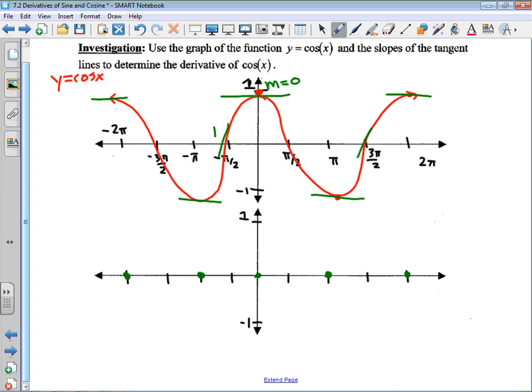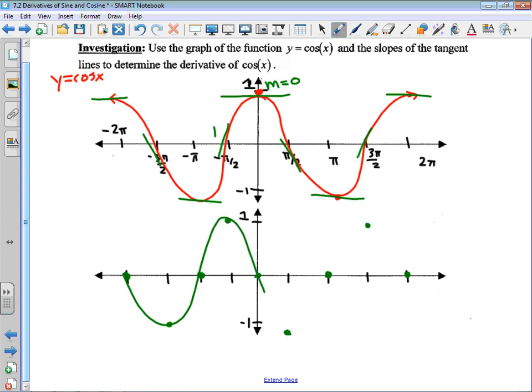So this is going to be positive 1 at 3 pi over 2, and it's going to be positive 1 at negative pi over 2. Oh, what did I do there? No, that's right, sorry. We do have to fill in the negative values then. It is negative at pi over 2 and at negative 3 pi over 2. So we get a negative 1 here and we get a negative 1 here. Now if I connect those dots,